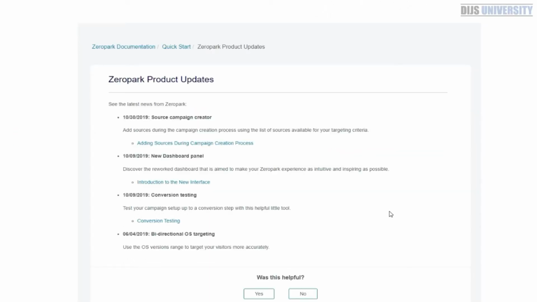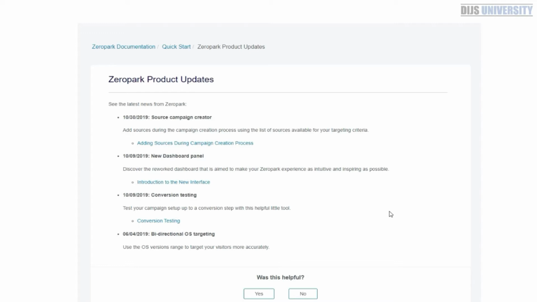So ever since I've gotten to know the team at Zeropark and gotten familiar with the traffic source and have gained more experience with it, they're definitely innovative and they're always looking for new ways to help make the experience profitable for their clients. So, in participation for that, it looks like what they have accessible to anyone who's using their platform is additional training on how to implement and execute any new product updates that they have added to